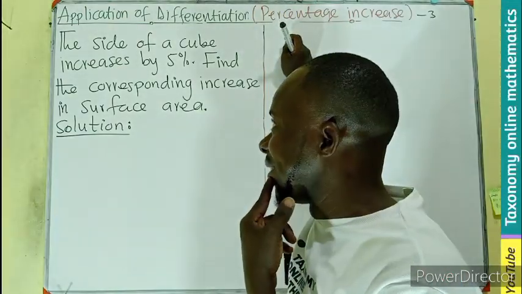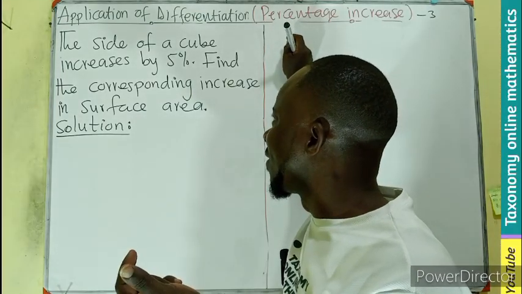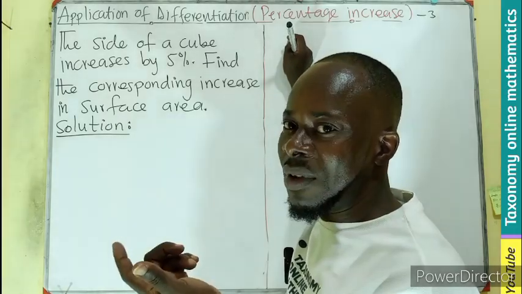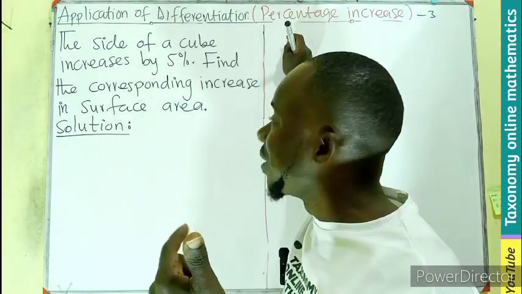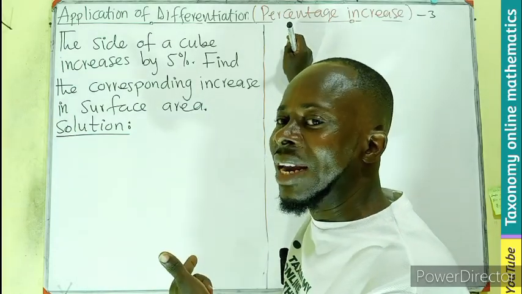So look at this question. The side of a cube increases by 5%. We have to find the corresponding increase in the surface area. I believe at this point, if you've watched the first 2 episodes, you can pause the video, provide the answer,